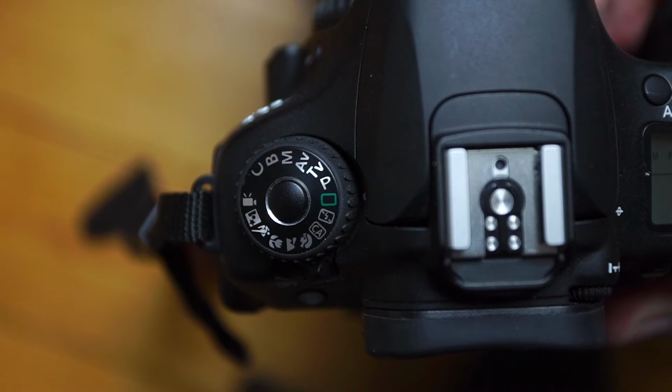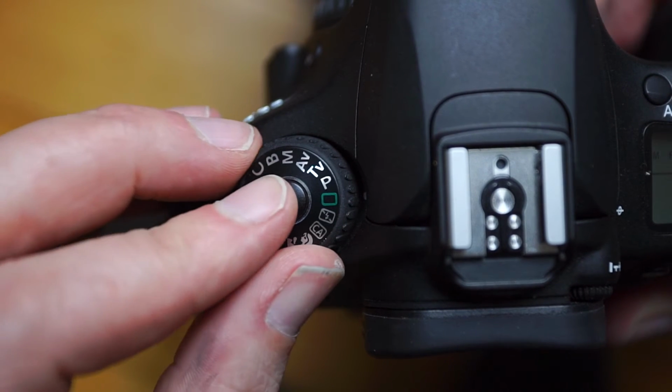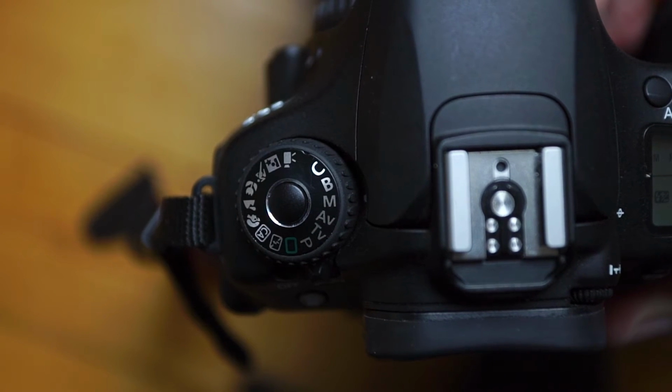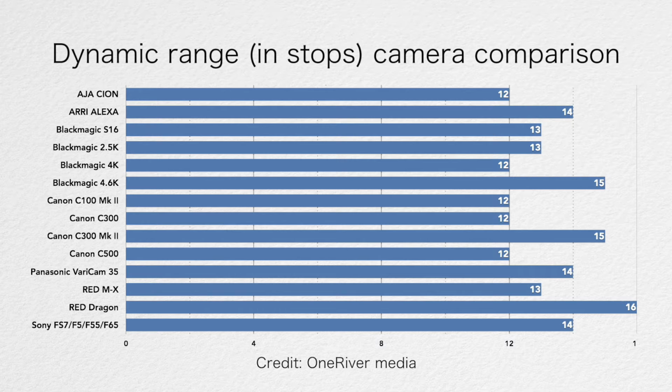You need to be shooting in manual mode to be able to control this. Do not shoot in auto. You don't want your camera deciding your exposure for you. Now, dynamic range is measured in stops, and you want to have the highest amount possible for the best dynamic